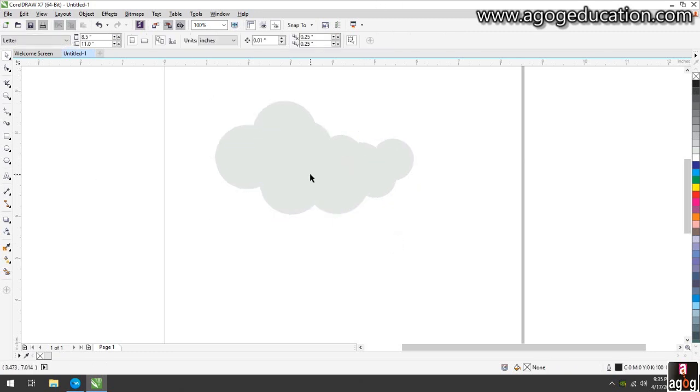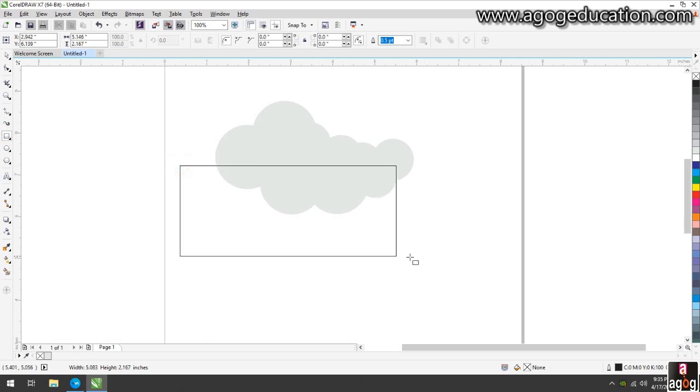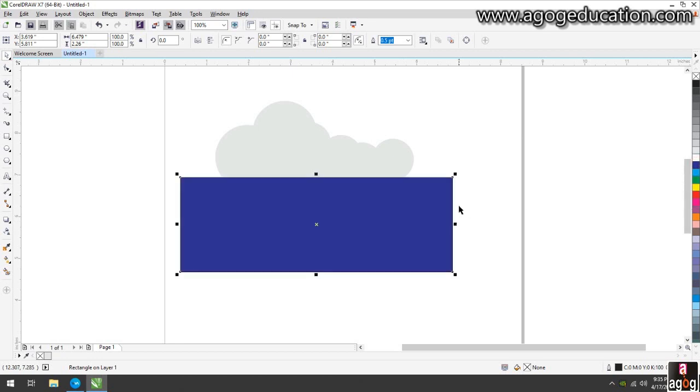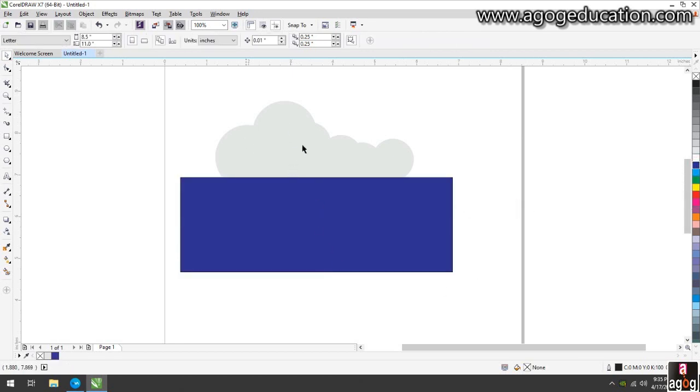Now if I want to trim this cloud from the bottom, make a cutting object. So I create a rectangle, you can give it any color. I want to trim this cloud straight from the bottom by this rectangle.